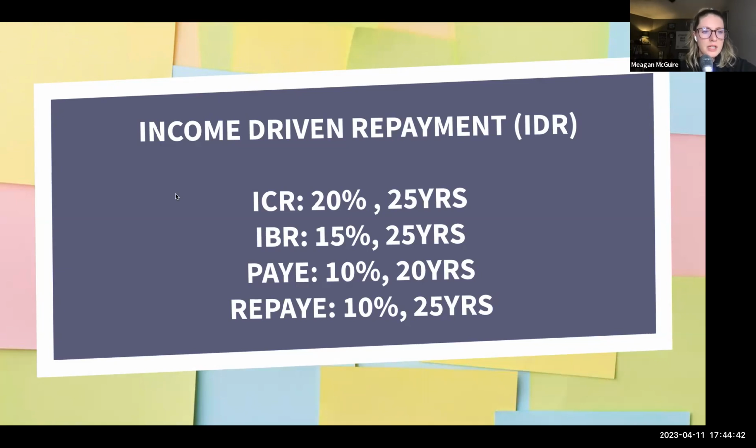Okay, so one question I have is, do you think the income limits will increase yearly? So the percentage that your payment is based off of, the 10%, the 15%, that's not going to increase. That's in the promissory note. It cannot increase on you, but your income can increase. So you might have those small pay raises and promotions year over year. So that does mean that your payment's going to increase because you have to update your income every year. So your payment will grow, but it's because your income is growing, not because the repayment plan is growing.